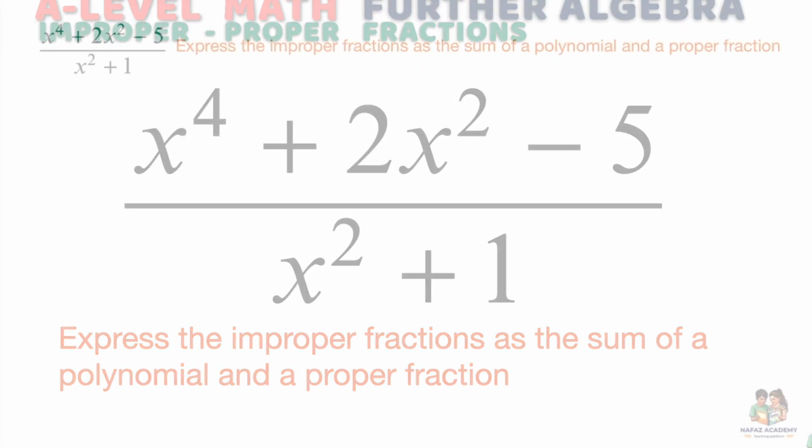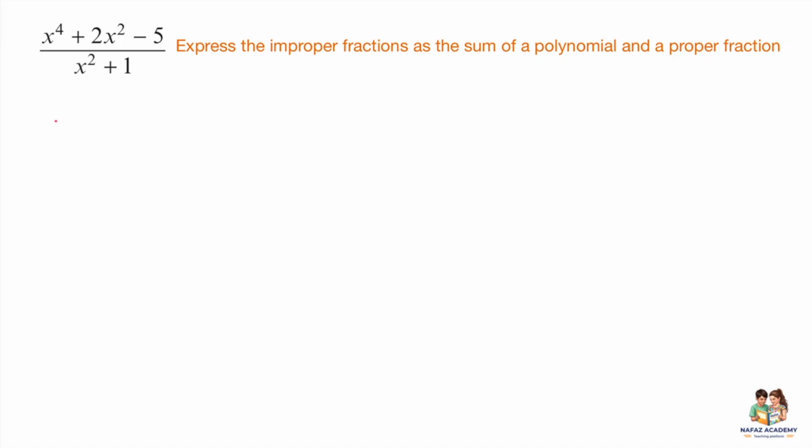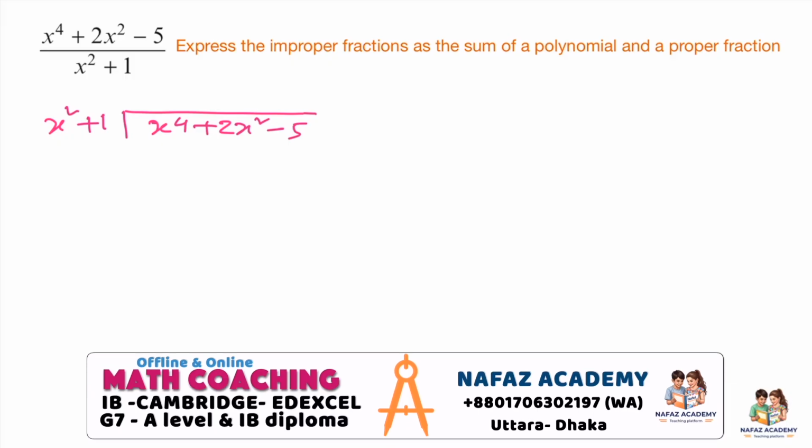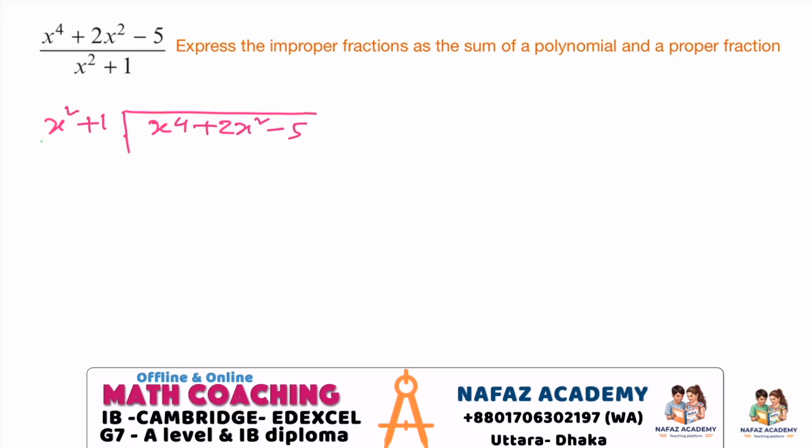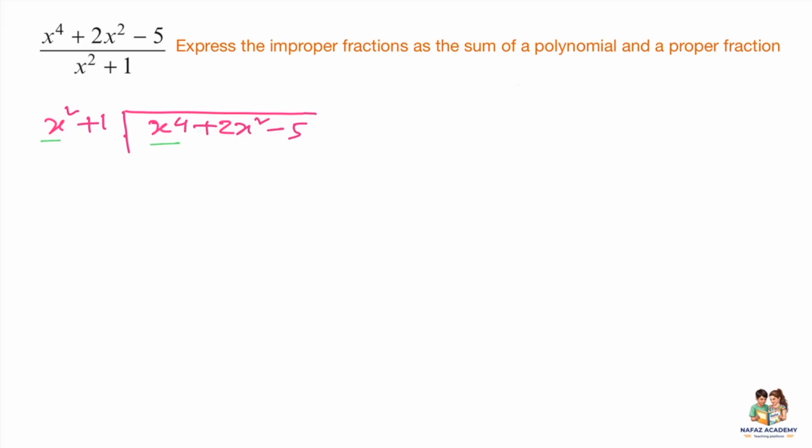This is Nafas speaking. To solve this question, we have to use long division. I'm writing the divisor and now it is the dividend, right? 2x square minus 5. So to divide both of them, we have to make them equal in the first terms